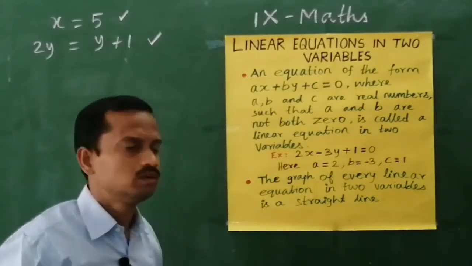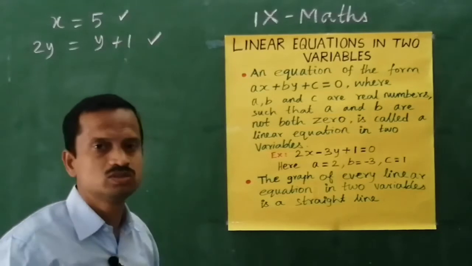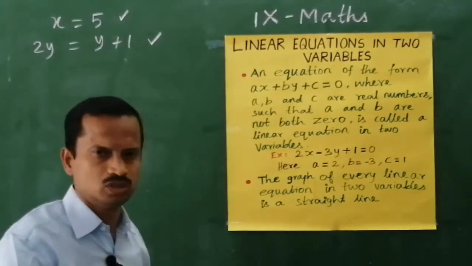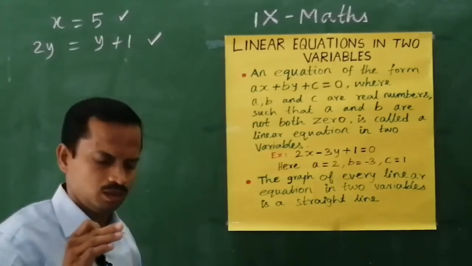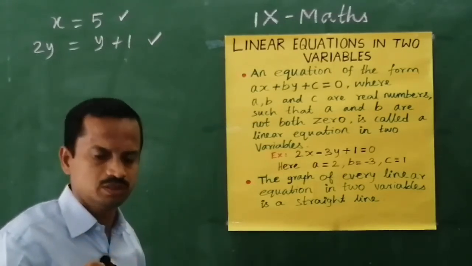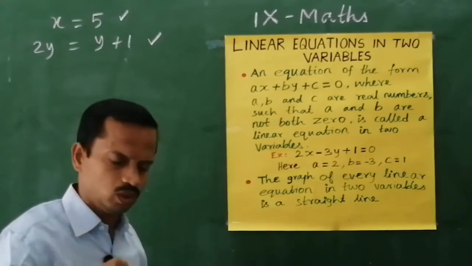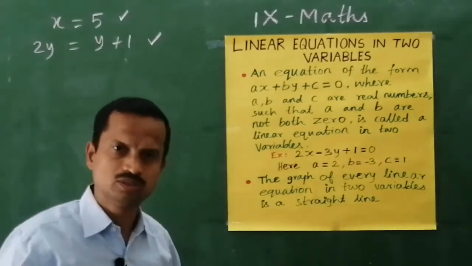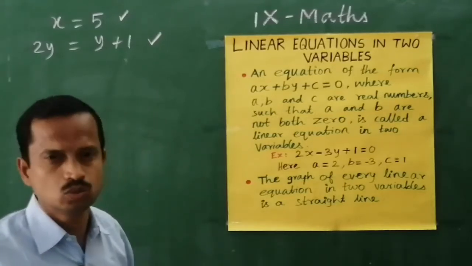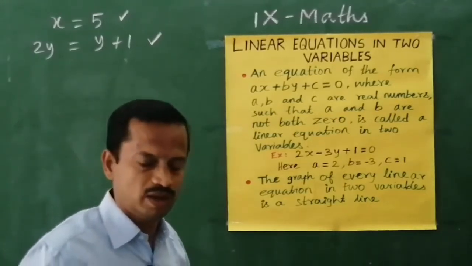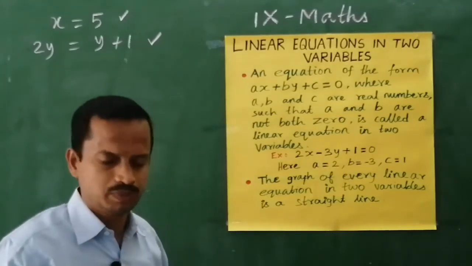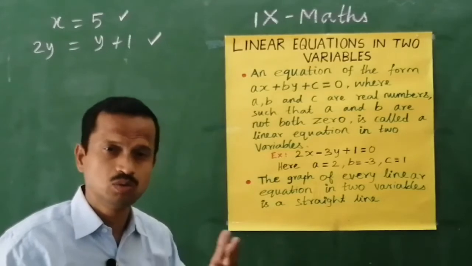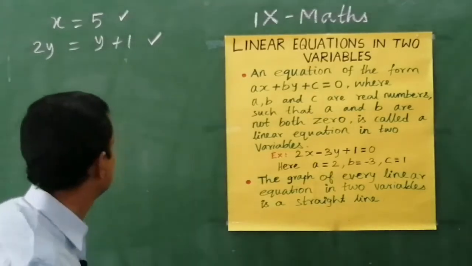In a graph we can say what x equal to 5 means. On the x axis, from 0, that is the origin, each centimeter is 1 unit. So, 1, 2, 3, 4, 5, and if x equal to 5, then you can easily draw a line through the value 5, perpendicular to the x axis, otherwise parallel to the y axis. Am I right?